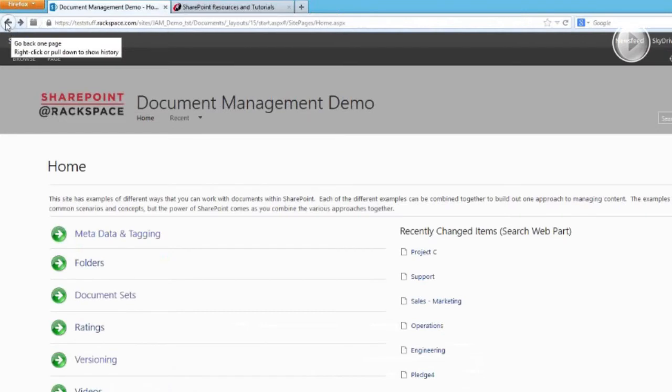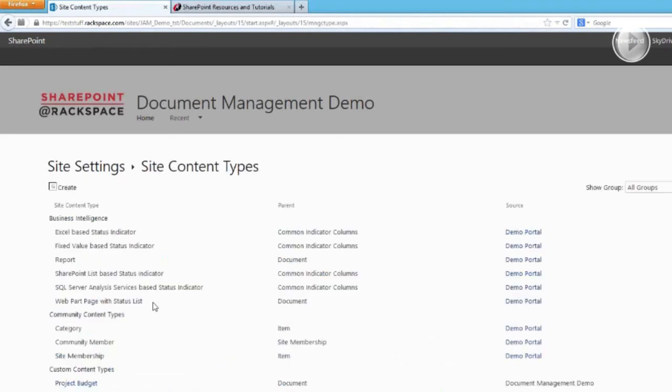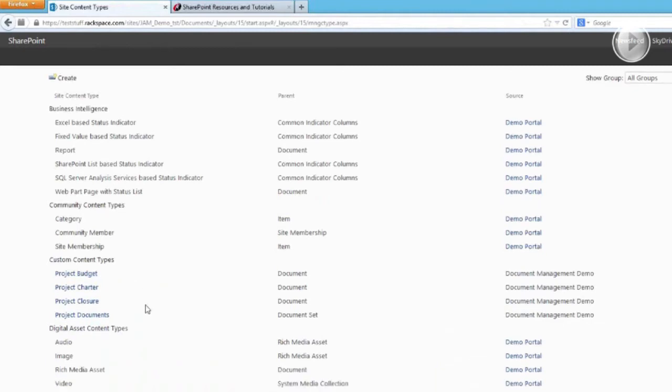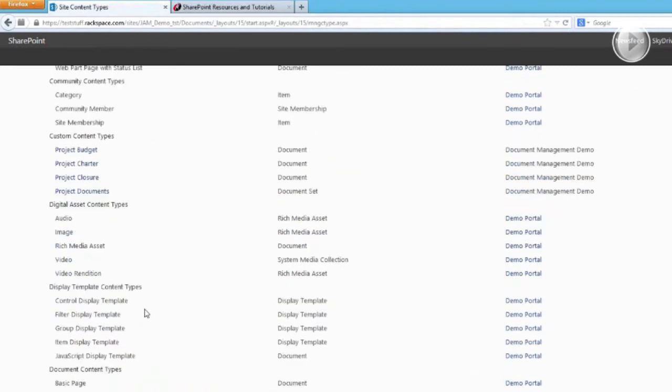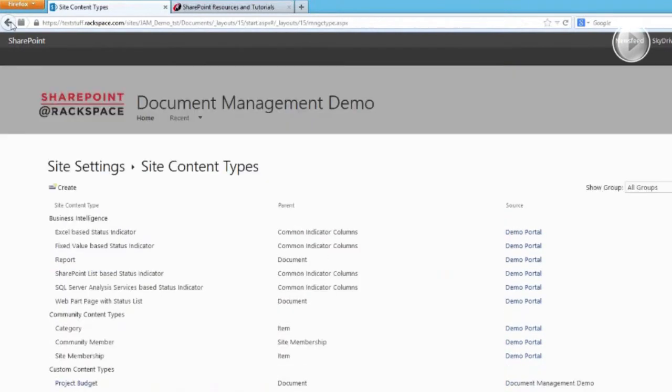Document sets are a content type feature. So we're going to come over here, we're going to look at site settings, and we're going to go in and look at the content types. If I go look at my site content types, see that I have different content types here for custom content types, and then we've also got the document set content types. So we have our document set content types. Okay. When I go back to my library,